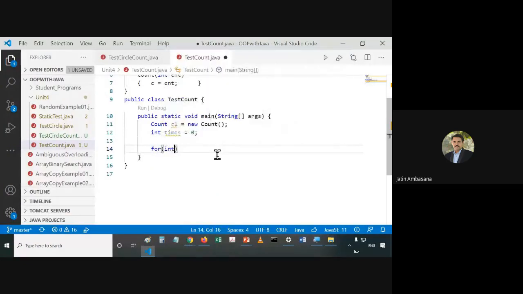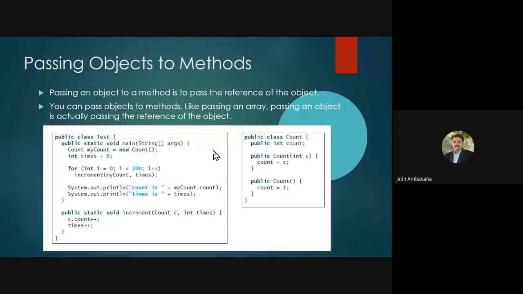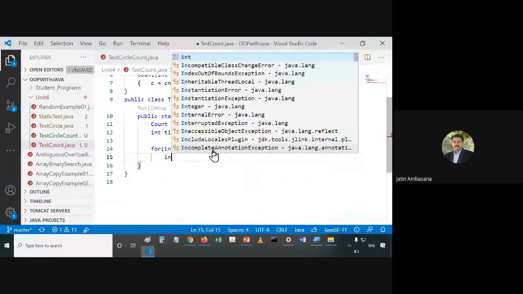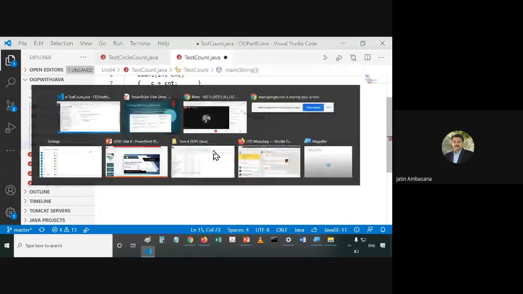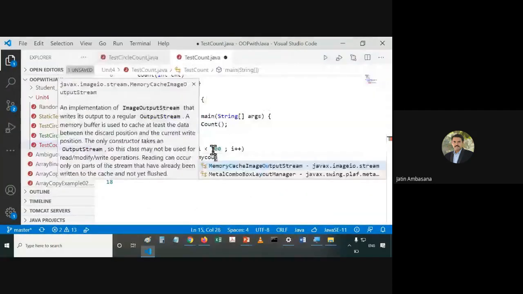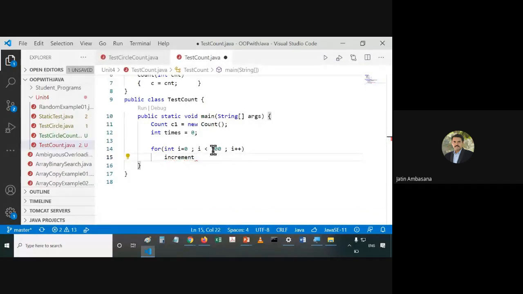For int i equal to 0, i less than 100, and i plus plus. In this we say increment, my count, we have called it as c1, right?